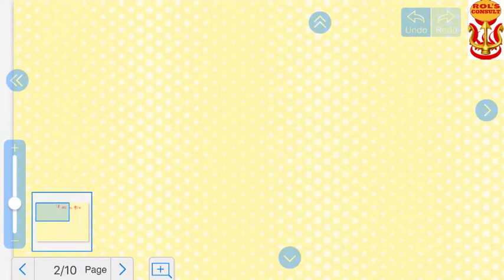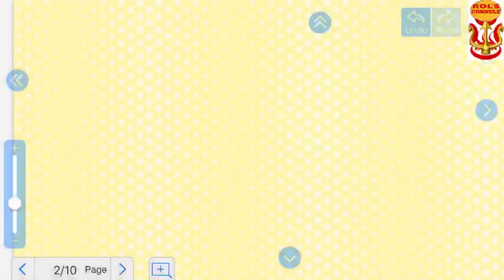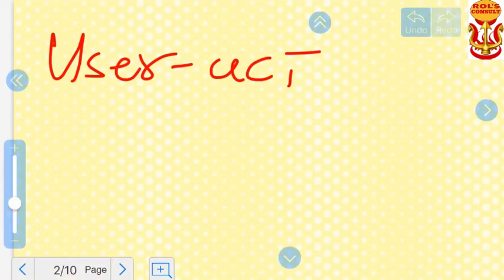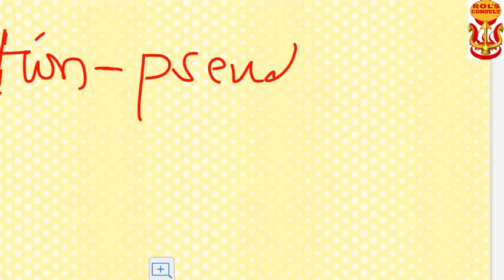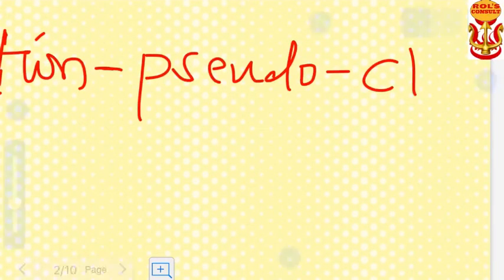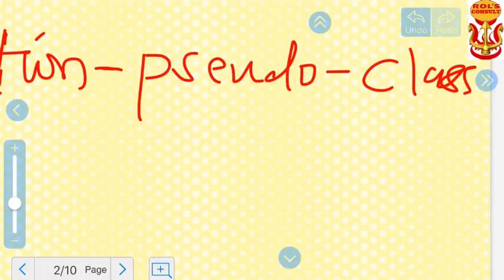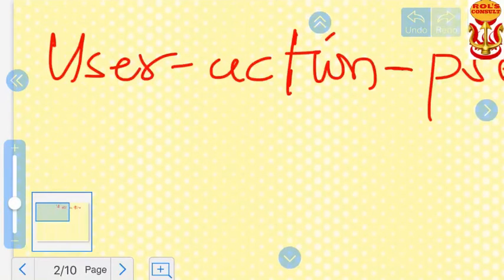Okay, so let's go here. That's fine. We can now write user action pseudo class selector. Okay, we won't write a selector because of space. We don't have space. Okay, user action pseudo class selector. What is this? User action